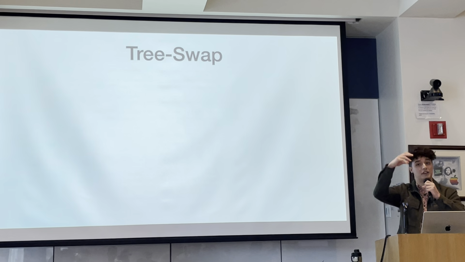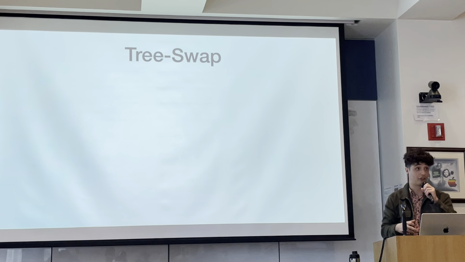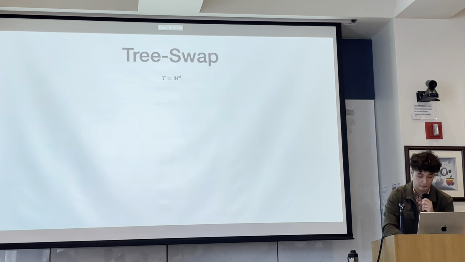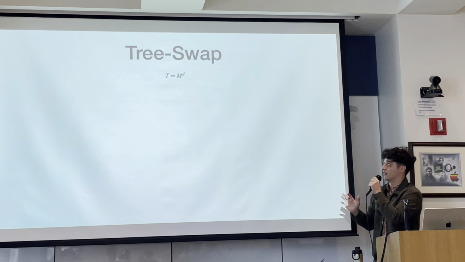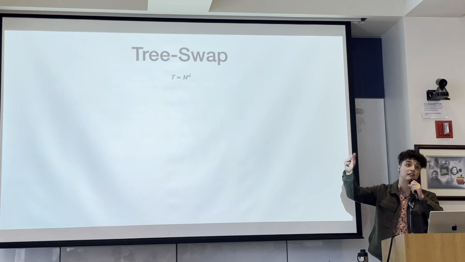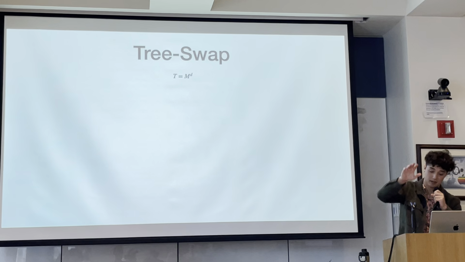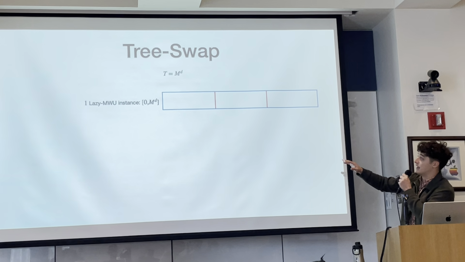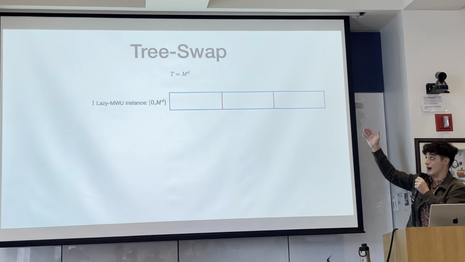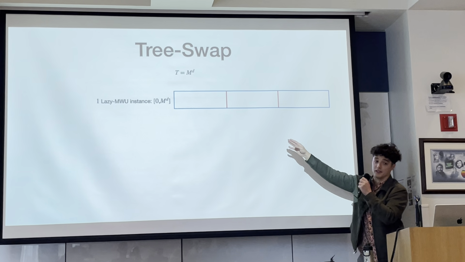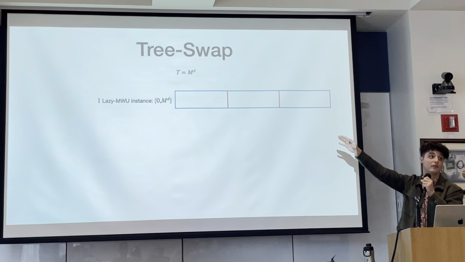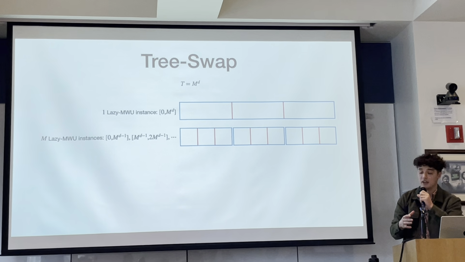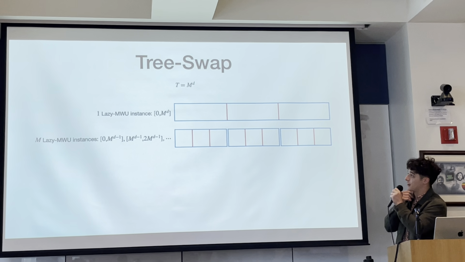The algorithm is composed of a series of different layers. So let me describe a handful of algorithms really quickly. First, we're going to make an assumption that time is m to the d for some integers m and d. The first layer is an algorithm that is just the lazy MWU algorithm. We have this interval of time, we break it up into m blocks, and we run lazy MWU. We could consider something different though. So this is the second layer. What if we instead did the following?